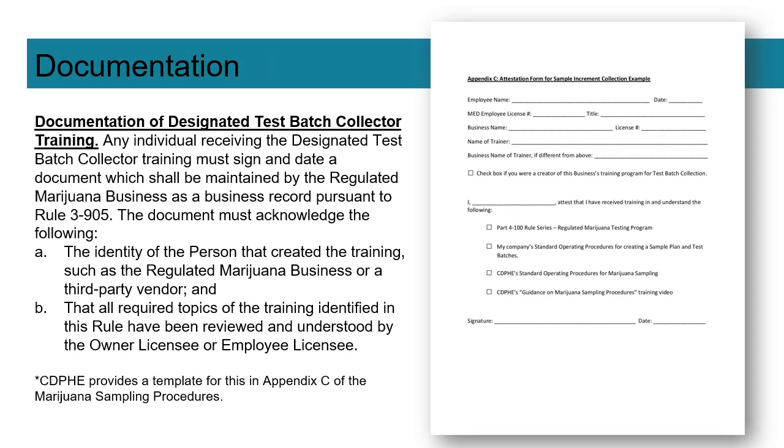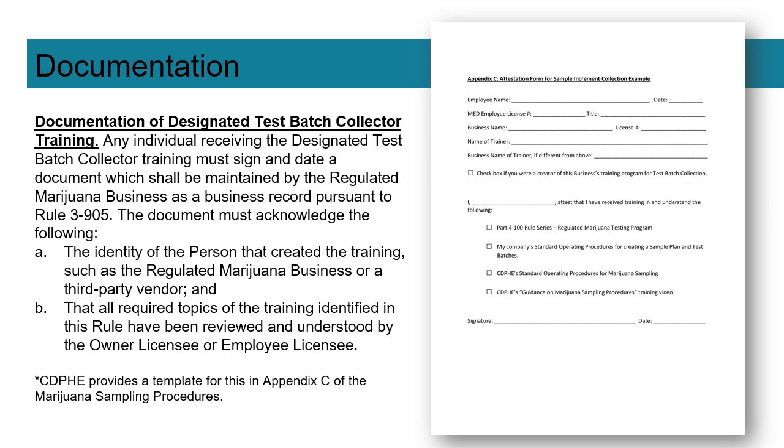Documentation of designated test batch collector training. Any individual receiving the designated test batch collector training must sign and date a document which shall be maintained by the regulated marijuana business as a business record pursuant to Rule 3-905. The document must acknowledge the following: